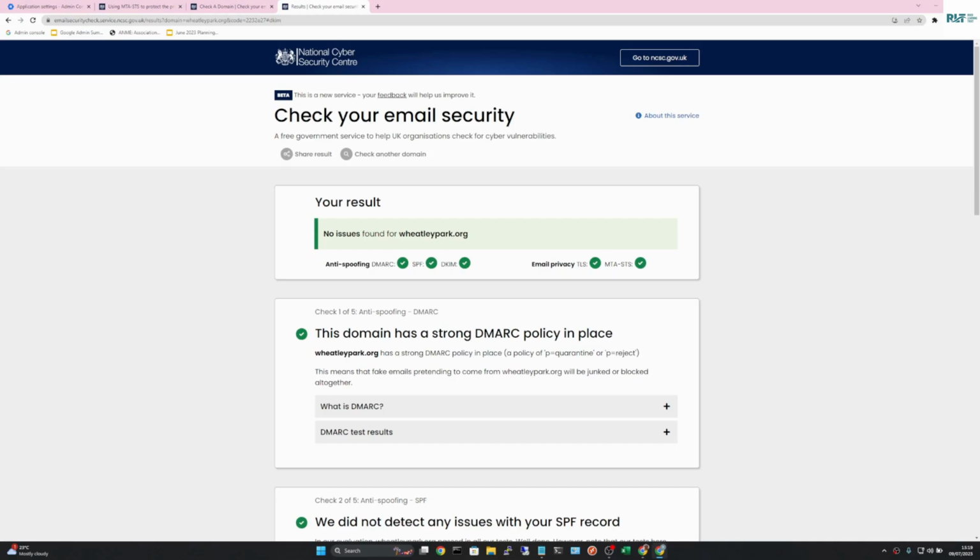SPF and DKIM records I've talked about previously on another blog post, and they essentially are mechanisms by which you are proving that the email is coming from you and you're not being spoofed. DMARC is a check that checks that both of these are in place before that email is effectively trusted. TLS is transport layer security, so that's the encryption that you get on most emails. And